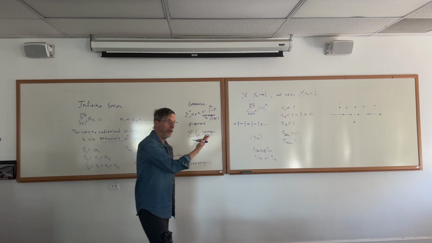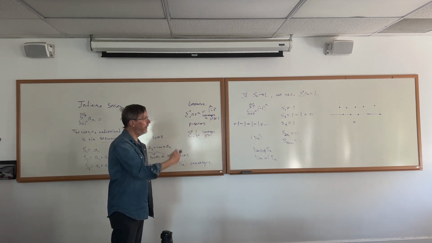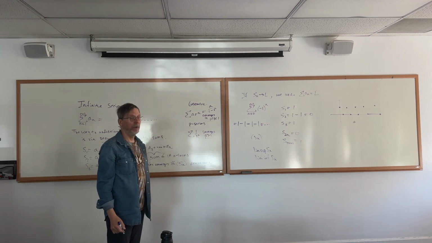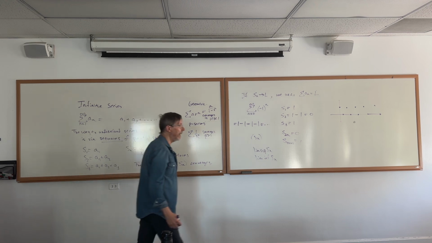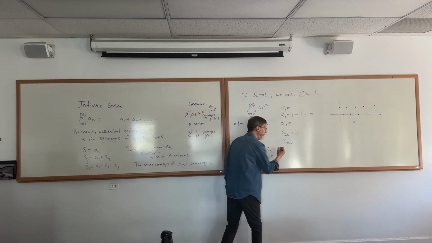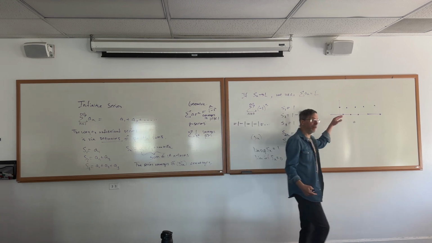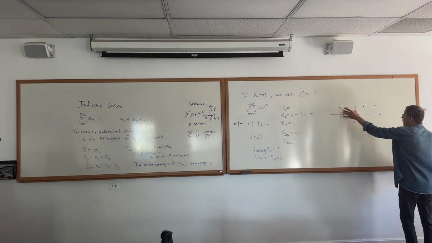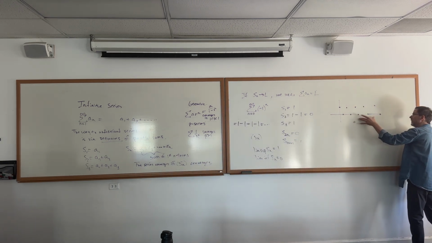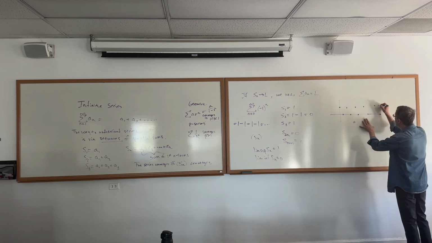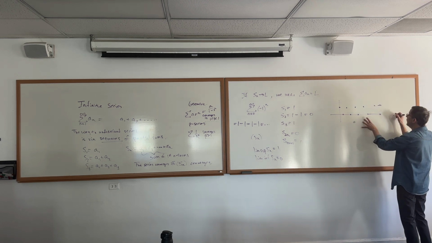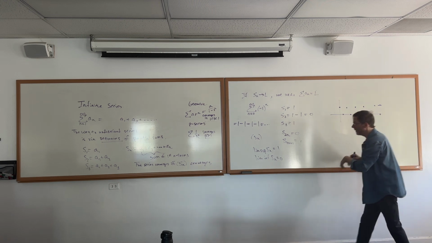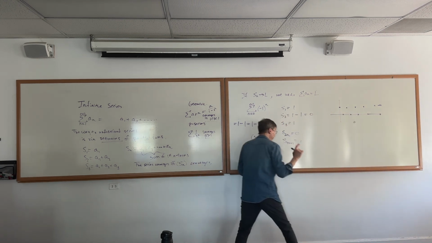Sequence looks like that. Liv, what do you think the lim sup is? 1. It's 1, yeah, absolutely. And then what's the lim inf? 0. So we've got these subsequences. I've got this subsequence in here of things that are constantly 1 and the subsequence that's constantly 0. This guy heads to the lim sup, this guy heads to the lim inf. And we had a result that